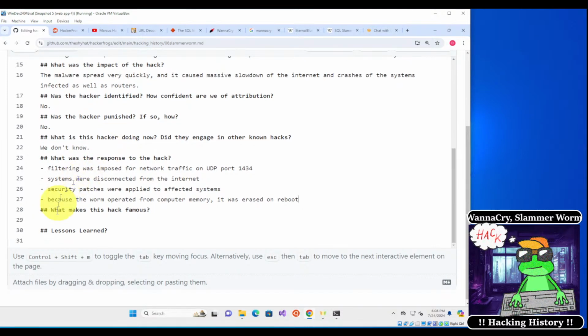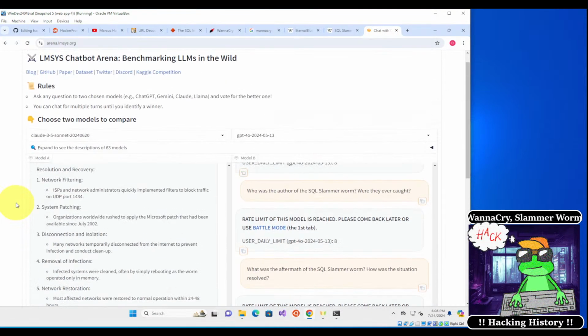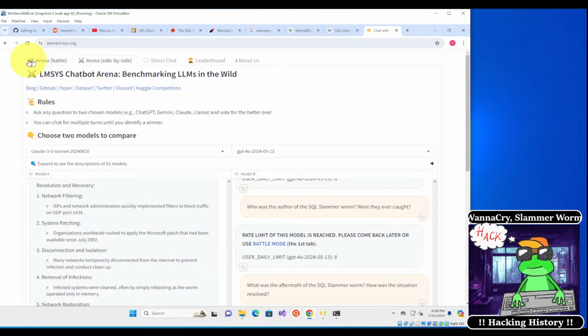Okay, so what makes this hack famous? Let's see, Ronan says you can use Chat All to ask more LLMs. Chat All. Is this a function on this website right here? Is that a different website? Ronan, if you have the link to this Chat All service, go ahead and leave it in the chat, and I'll take a look at it. Otherwise, if you're talking about the direct chat,